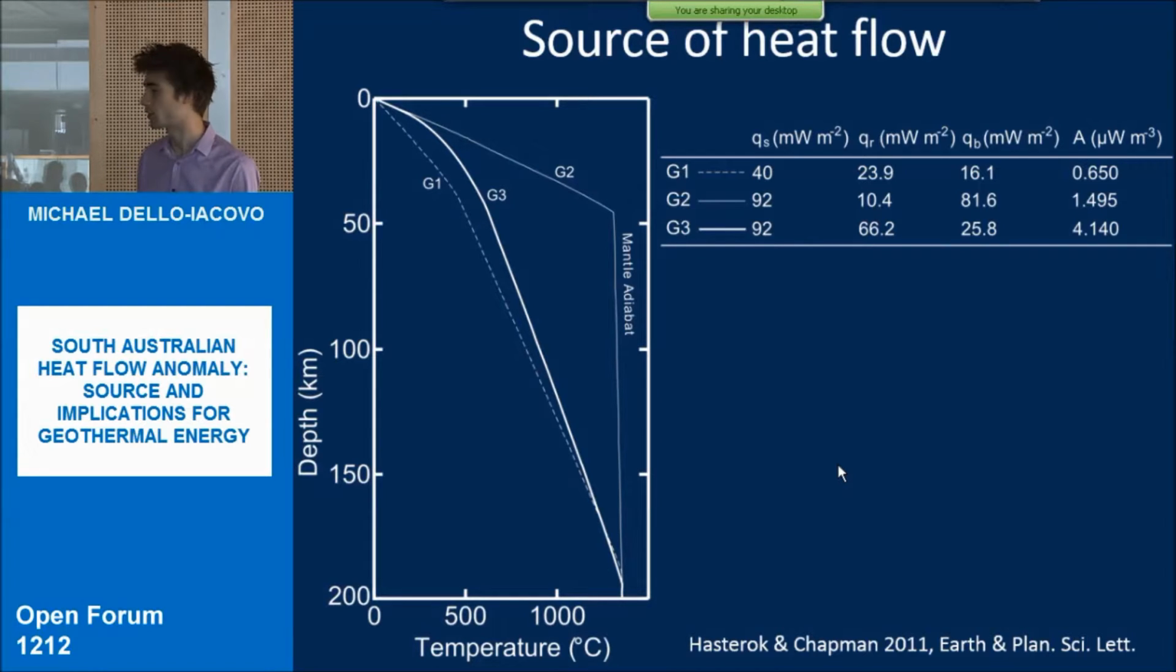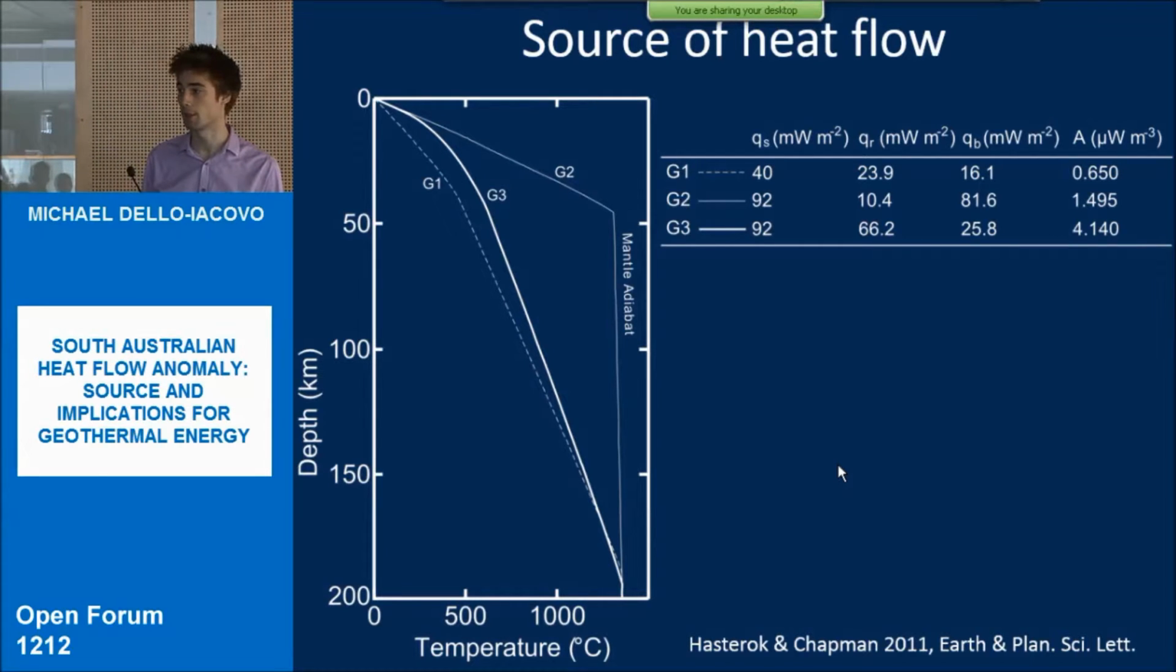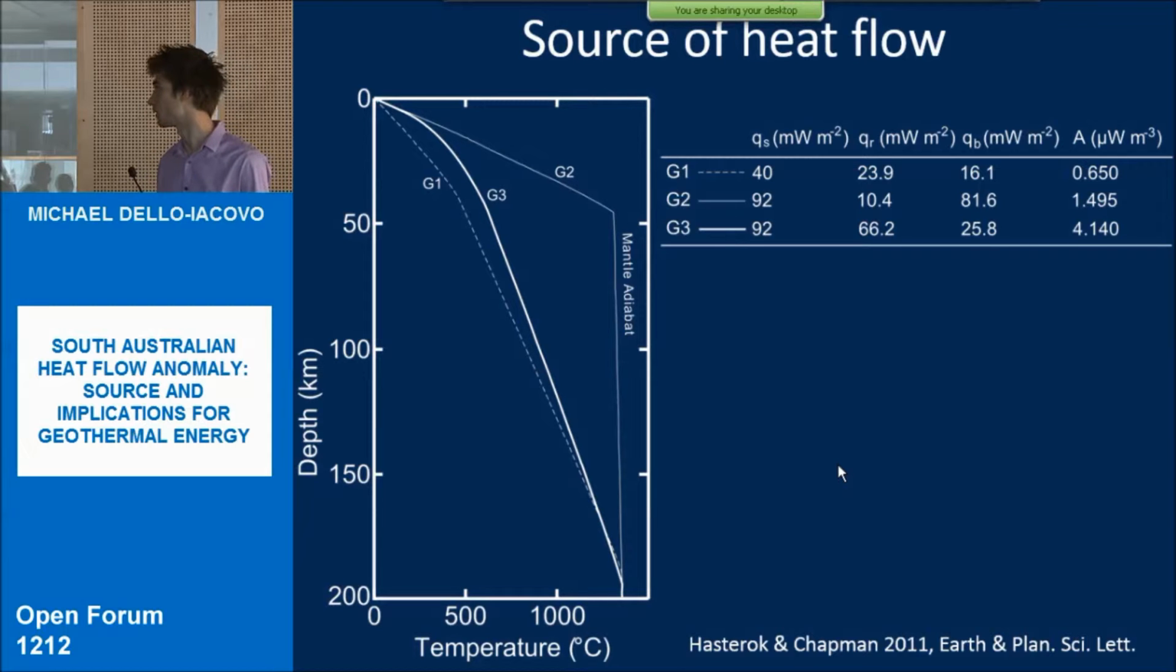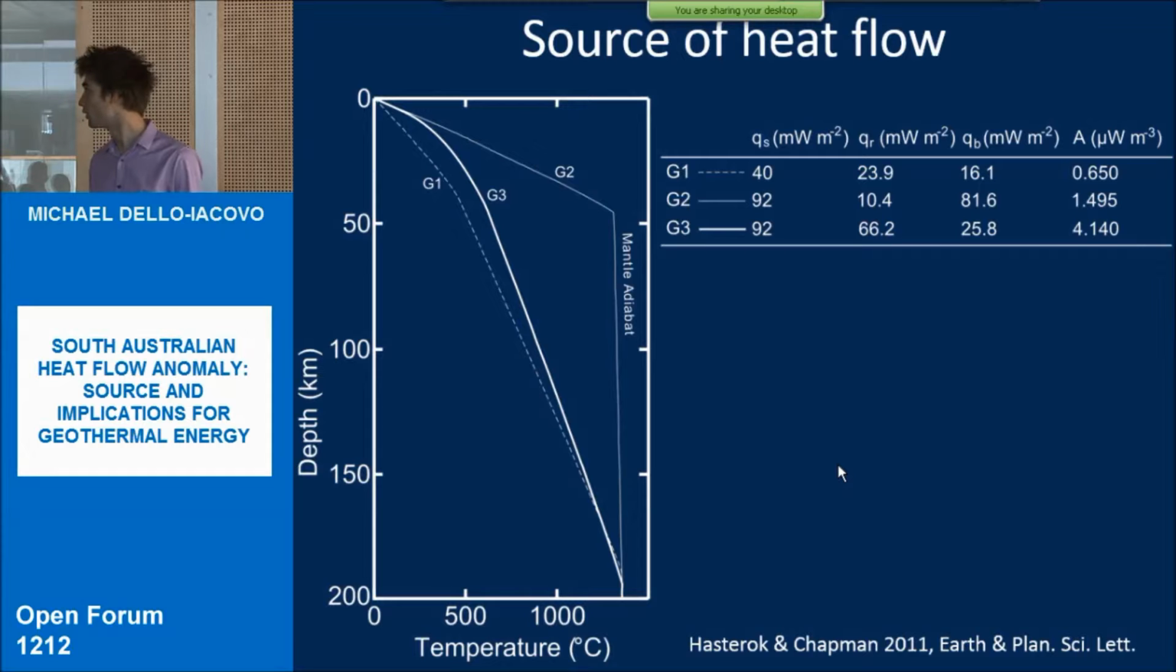Seismic data over the South Australian heat flow anomaly shows that its lithospheric thickness is still a little uncertain, but it's within the range of 150 to 200 kilometres thick. So 45 kilometres is well outside that range. Finally, we've got geotherm 3,